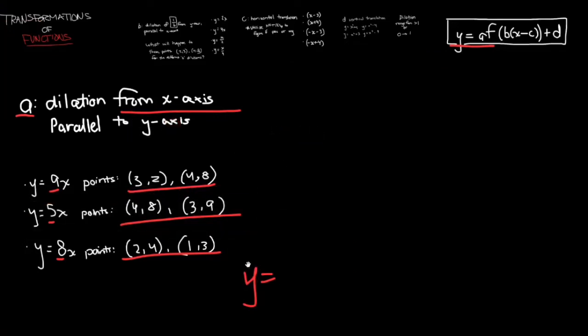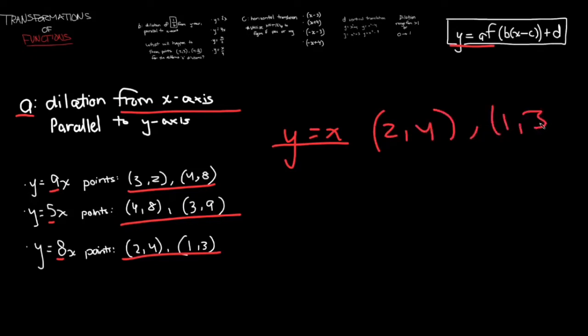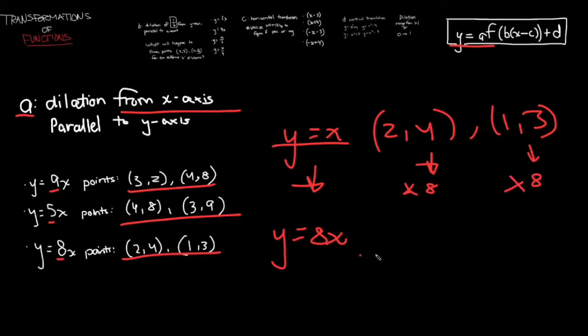So transformations hugely impact the results of what your graph will look like. And let's do the last one, y is equal to 8x. So our original equation we're given is y equals x, and the coordinates that we're given are (2, 4) and (1, 3). But then when it transformed by dilating it from x-axis and parallel to y-axis by 8, sorry, which turns it into 8x, we also have to times the y coordinate by 8. So times by 8, times by 8, resulting in (2, 32)